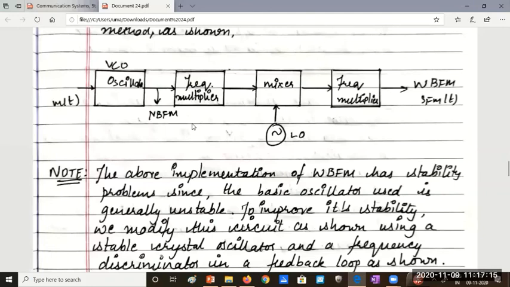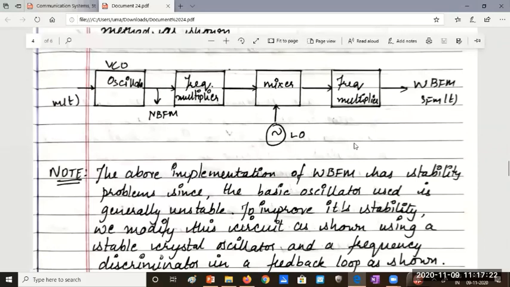Okay, so I think if all of you have entered your USNs, I'll stop with this and continue in the next class with what are the disadvantages of this method and how we can overcome that. Stability is the main problem in this method, and to overcome that, we have to go for some more improvement in this circuit. So this is nonlinear method of FM generation. The first one, Hartley oscillator, is linear method.